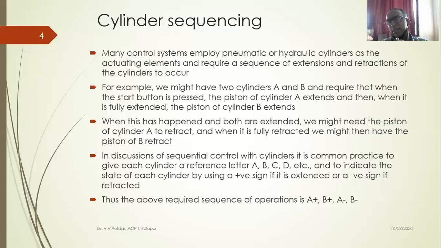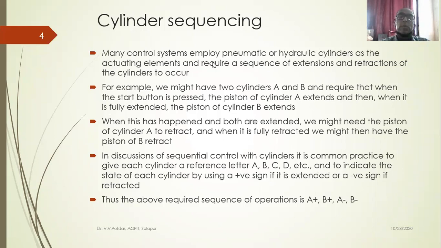In typical cases, a lift, wherein though we don't use hydraulic cylinders, we use electric motors, I'm trying to tell you the sequential requirement. Unless and until the doors are closed, the motor should not move the lift down or up. So this is how I have a typical sequence of operations. In machine tools also, we have got sequential operational requirements. So in such cases, this cylinder sequencing becomes much more important.